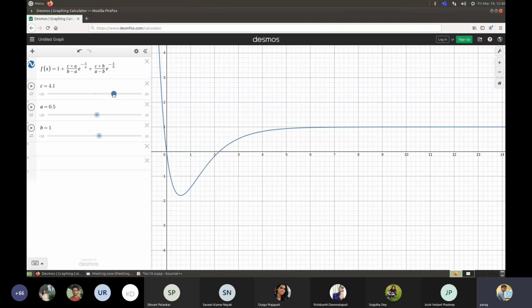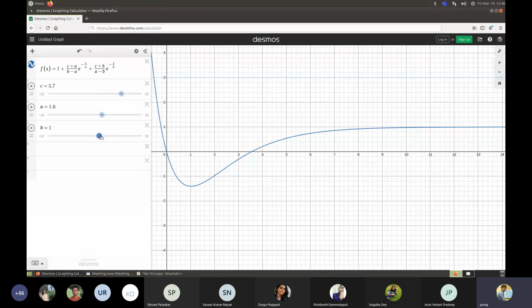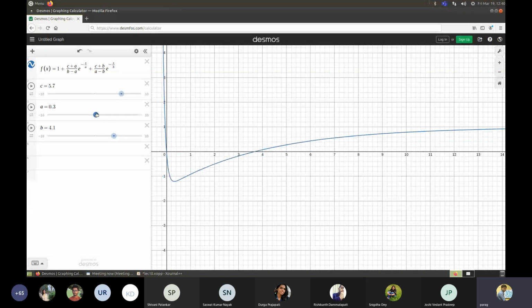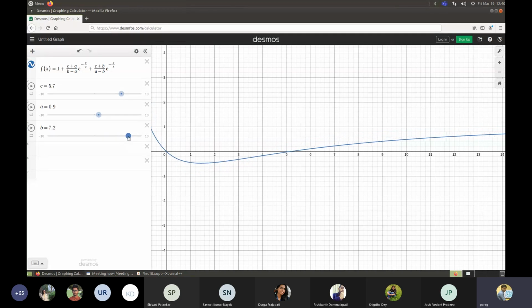Okay, and in fact it overshoots the -1. So as I go on increasing the magnitude, the response not only becomes faster, it also increases in magnitude, and then it goes into an inversion. A and B here correspond to tau 1 and tau 2, and as I increase the magnitude of tau 1 and tau 2, you see that the responses become sluggish. We will not worry about the negative values. So this is the response of the system for an inverse response system.